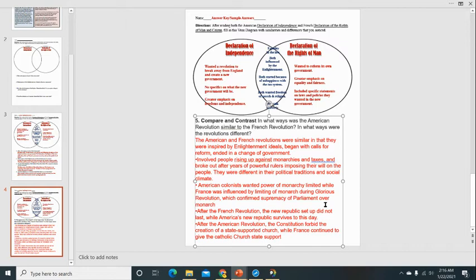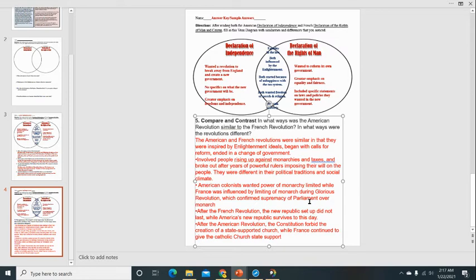Again, both involved rising up against monarchies and taxes, unhappiness with the tax system. They both wanted to reform government. They were both unhappy with their situation, but in slightly different ways. The American colonists wanted the power of the monarchy limited, while France was influenced by limiting the monarch during the Glorious Revolution. So they both wanted the power of the monarchy limited, but a little bit different